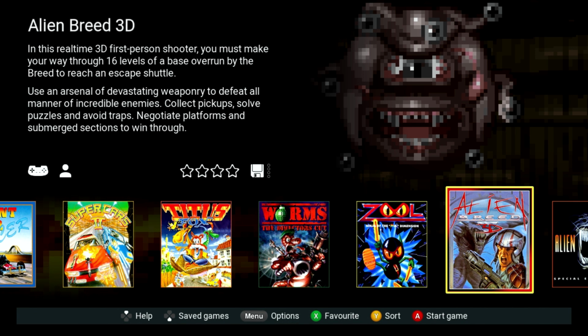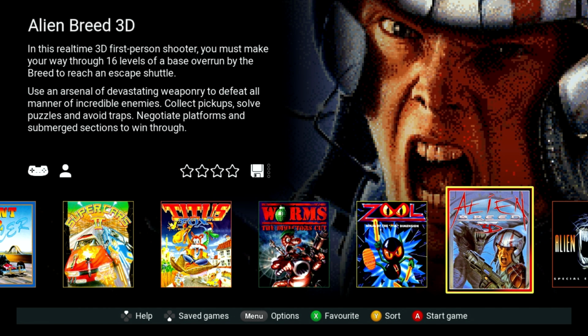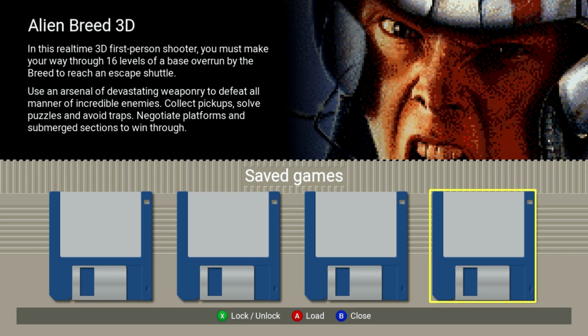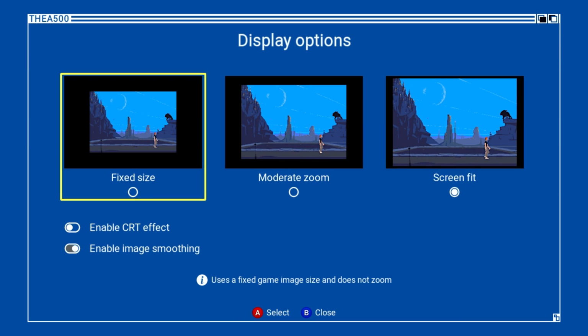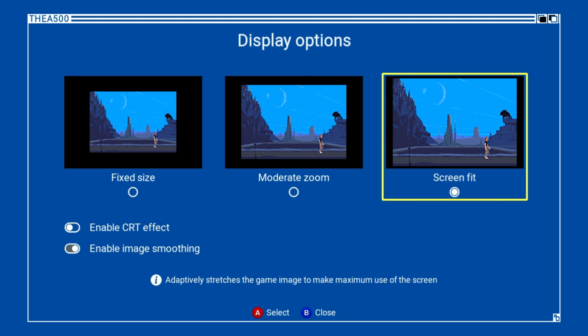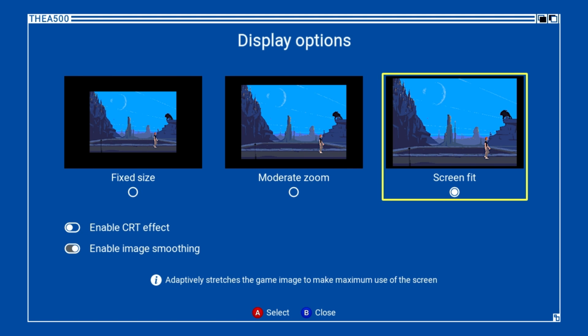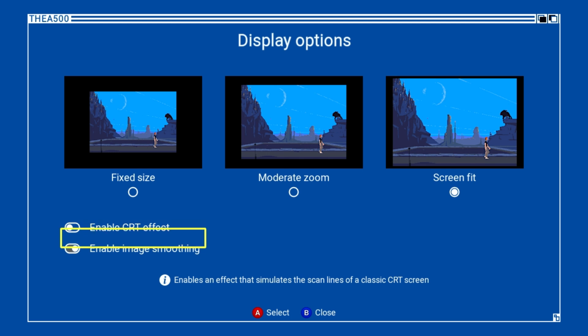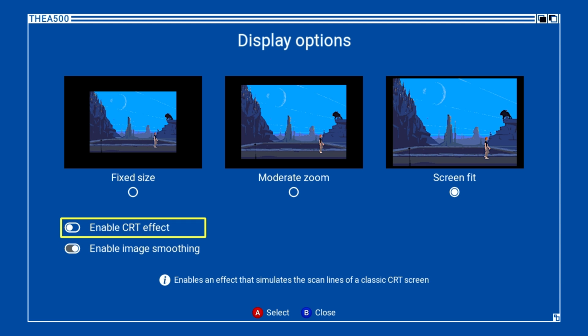The A500 Mini includes some modern day features. It's cool. It shows control options for each game, as well as save slots for each game. That's great, and you're going to need it. Some of these games are difficult. Several different display options. You can do fixed, moderate, or screen fit, which I'm going to choose. There's also CRT and image smoothing options. I'll show that on one game, but for the most part, I'm going to keep that off, as it looks cleaner and better